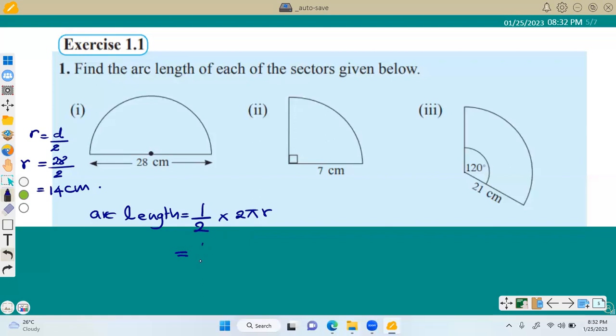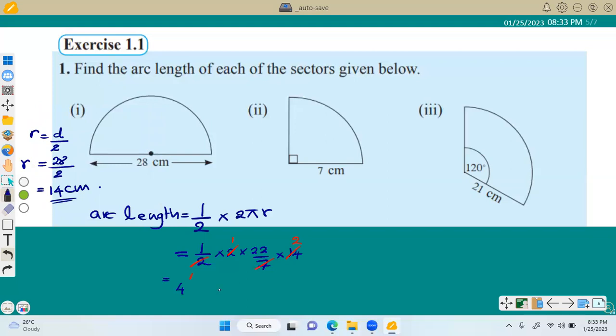Then 1 upon 2 times 2 into 22 upon 7 times r, and we have found r is 14. Now you can simplify. There are 2s that we can cancel. Then how many 7s within 14 is 2. So the answer for the first one is 44